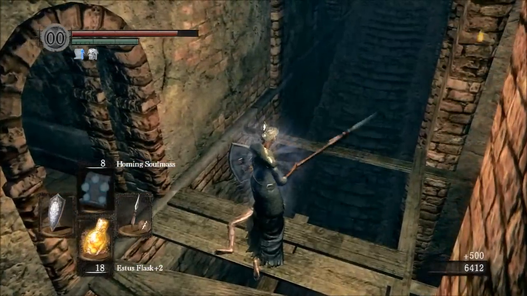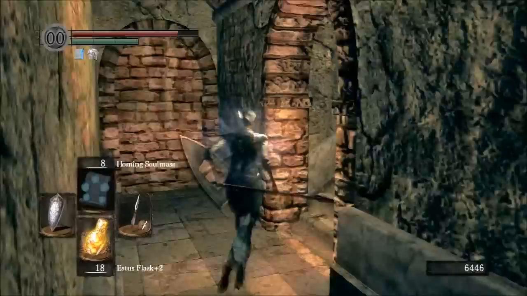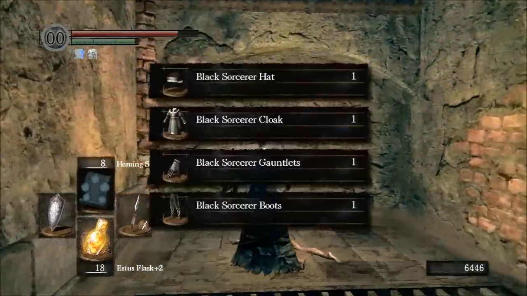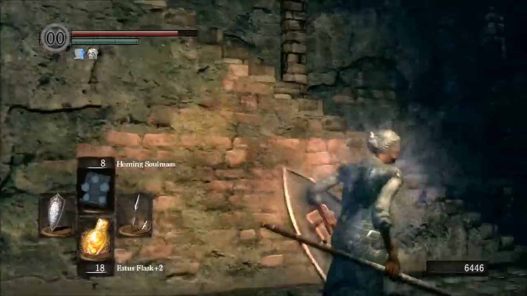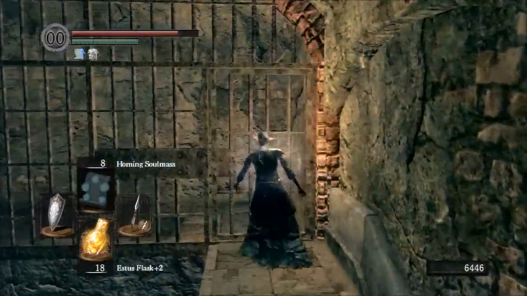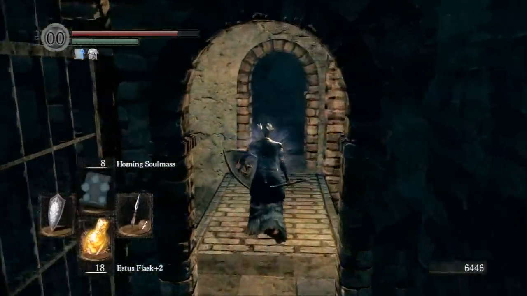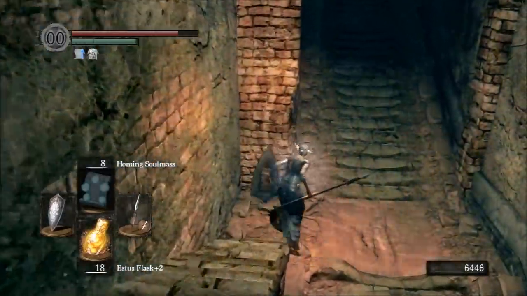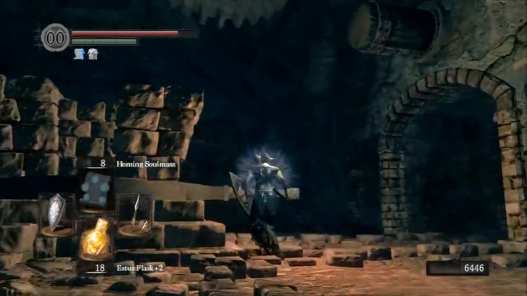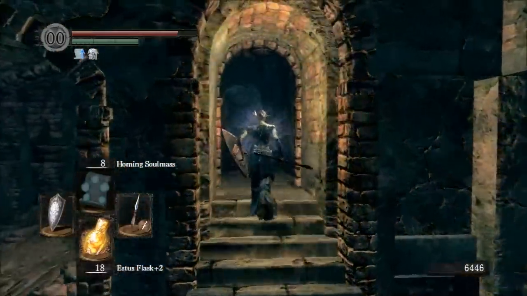But there's a soul item here, and over in this little path we are going to find the Black Sorcerer set. And again, if you're wondering why the set is here and how it's related to the lore, check out my walkthrough that focuses on the lore of Dark Souls. We also picked up the Hush Sorcery,